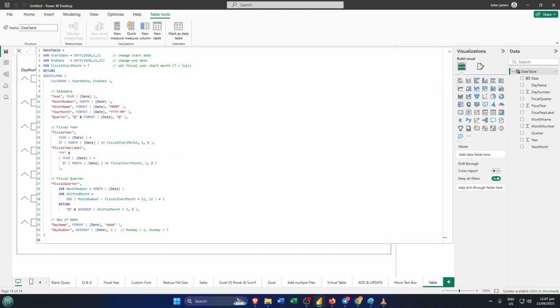CALENDAR(DATE(2021,1,1), DATE(2030,12,31)), "Year", YEAR([Date]), "Month Number", MONTH([Date]), "Month Name", FORMAT([Date], "MMMM"), "Year Month", FORMAT([Date], "YYYYMM"), "Quarter", "Q" & FORMAT([Date], "Q"), "Day Name", FORMAT([Date], "DDDD"), "Day Number", WEEKDAY([Date], 2), where Monday equals 1 and Sunday equals 7. What this formula does is create a calendar starting from January 1,